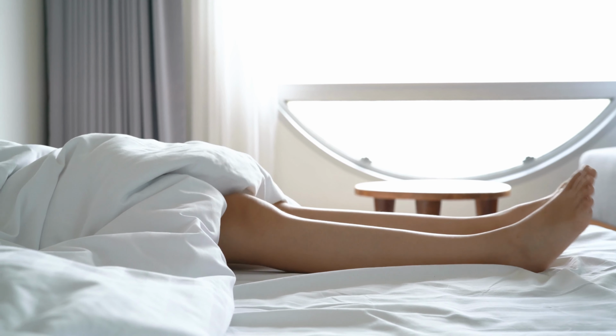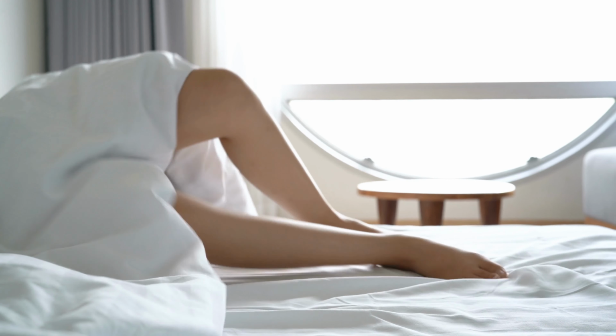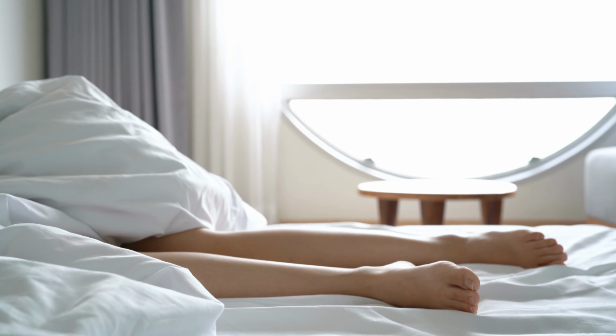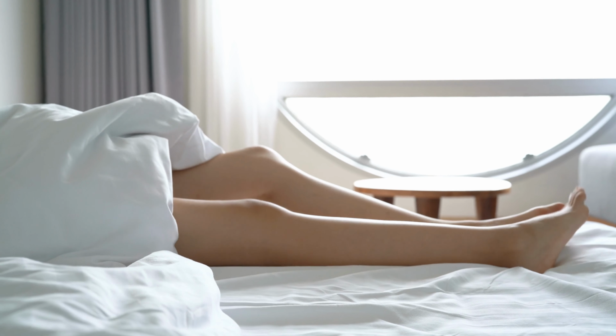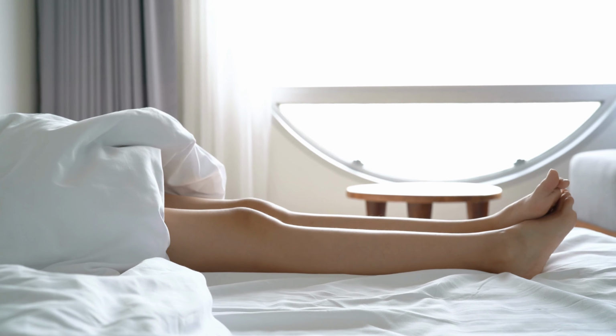What is restless leg syndrome? Well, it's a neurological disorder that causes uncomfortable sensations in the legs, often accompanied by an irresistible urge to move them. These sensations are typically described as burning, itching or tingling, and they're usually worse at night or during periods when you're resting. It can be absolutely maddening, particularly at night, because it stops you going to sleep and it